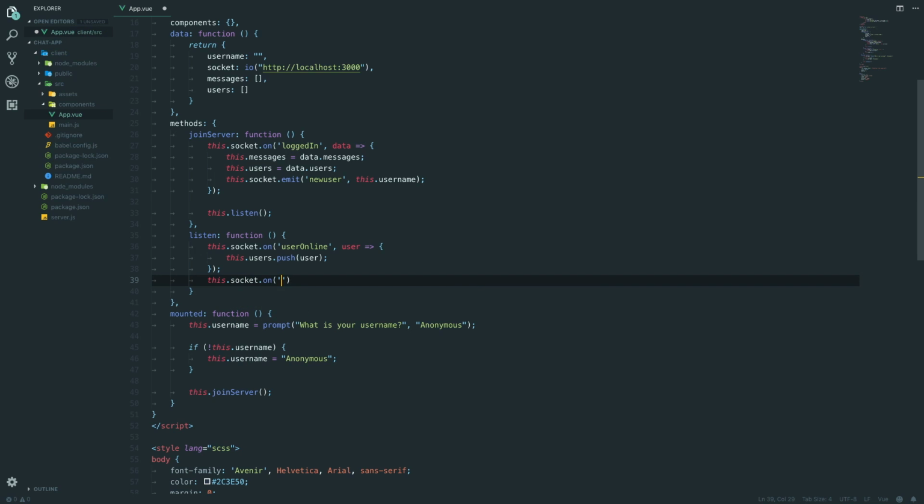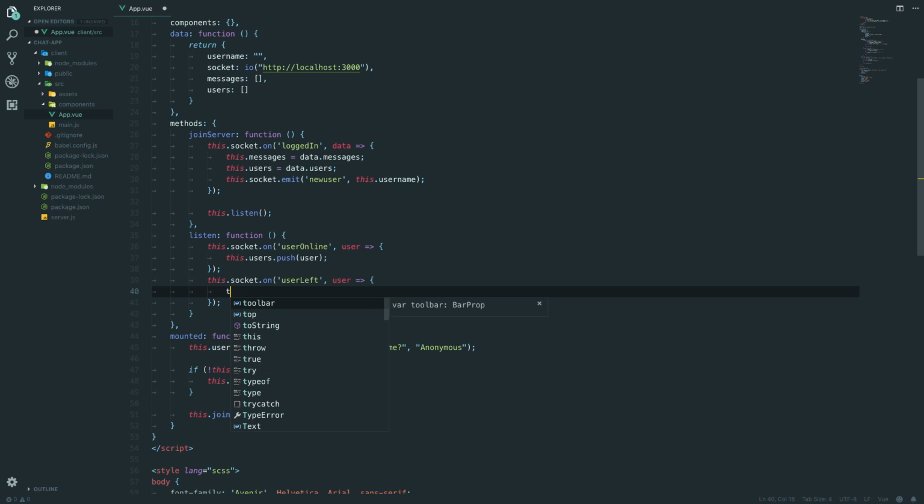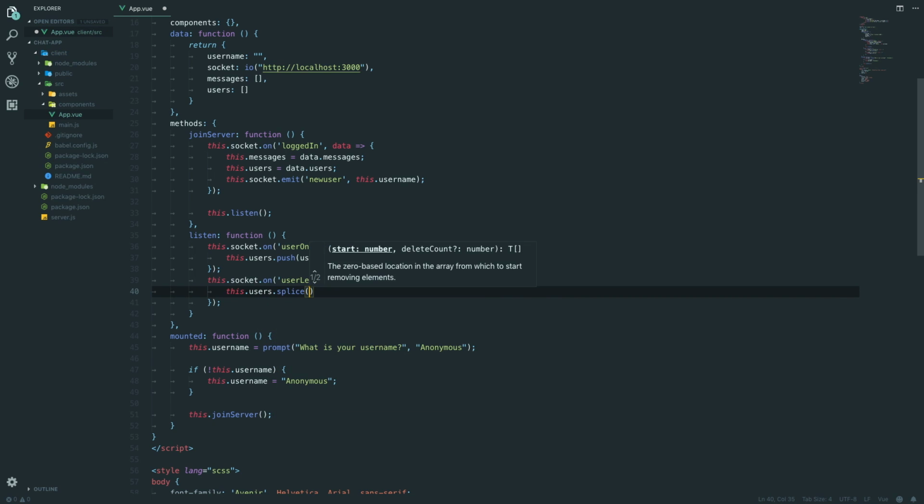this.socket.on, and we're going to say user left. So now if a user leaves, we also need to remove him from the array. And we want to say this dot users dot splice, and we're going to say this dot users dot indexOf, and we're going to say user, because we're going to pass back the user, so we're checking for that user and we're going to remove one. So like we did on the server, just a bit longer because we have to use the this keyword, but we're going to remove that from the